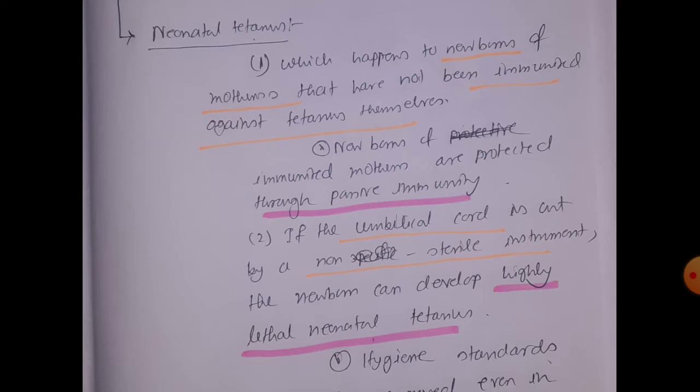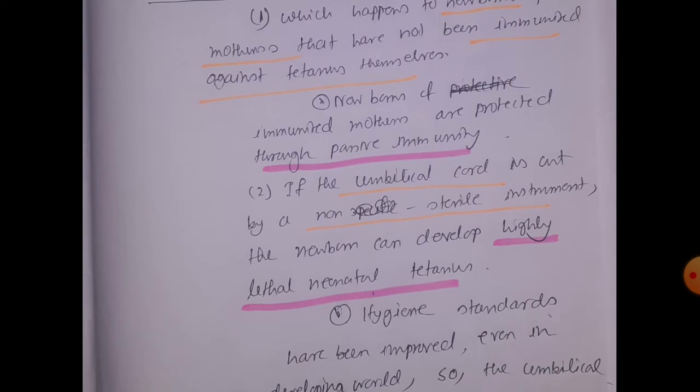And the last one is neonatal tetanus. If the newborn's mother is not immunized, the newborn can develop neonatal tetanus. Or if the umbilical cord is cut with a non-sterile instrument, under such circumstances it becomes very dangerous for the newborn, because the newborn can develop highly lethal neonatal tetanus. But luckily nowadays most mothers are immunized themselves, and as a result newborns get passive immunity to fight against the